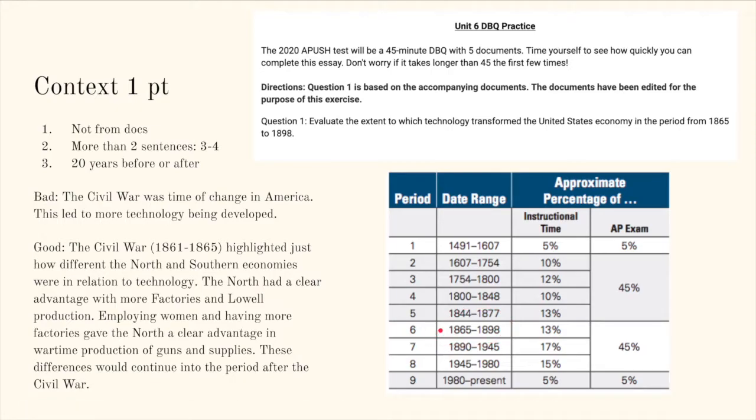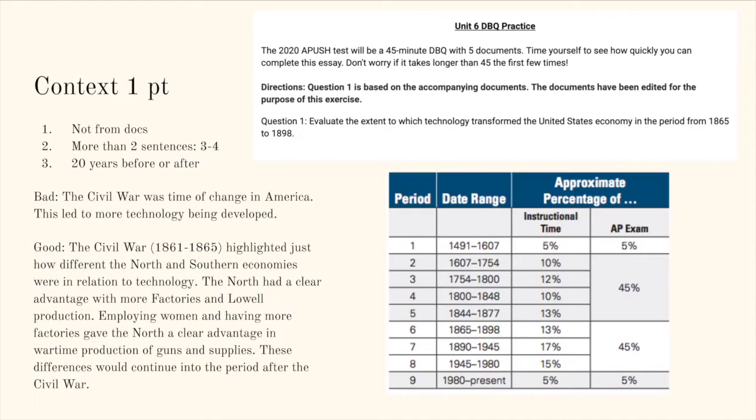So this is Unit 6, so I'd go ahead and grab my Unit 5 and Unit 7 reviews and take a peek at those to give me an idea of what to write for the context. Now again, a bad example is: the Civil War was a time of change in America. This led to more technology being developed. That is a true statement. Both of those sentences are factual, but they don't really show that you know your history of what happened before